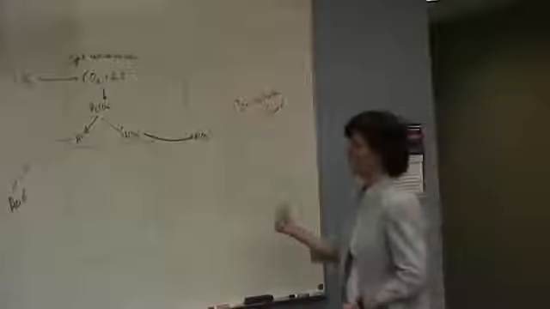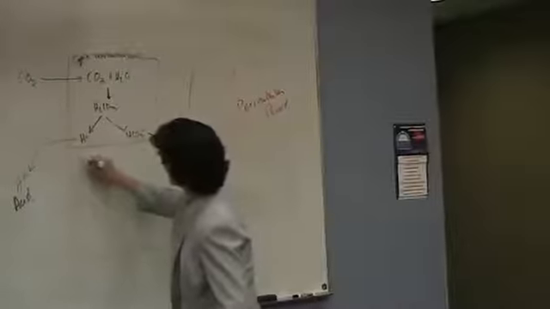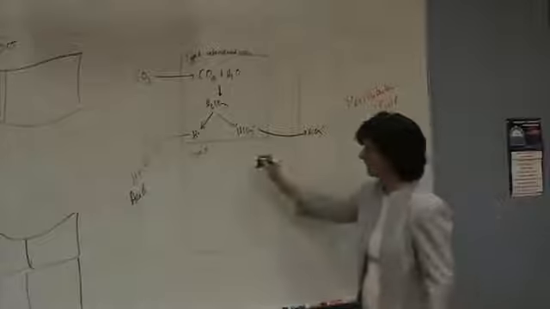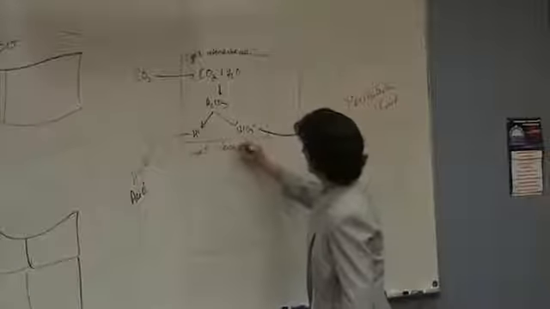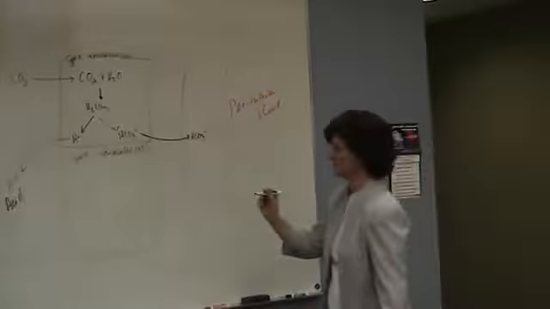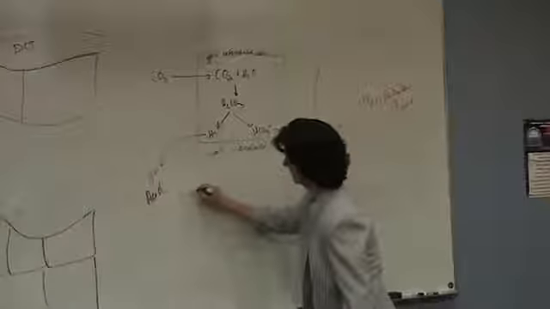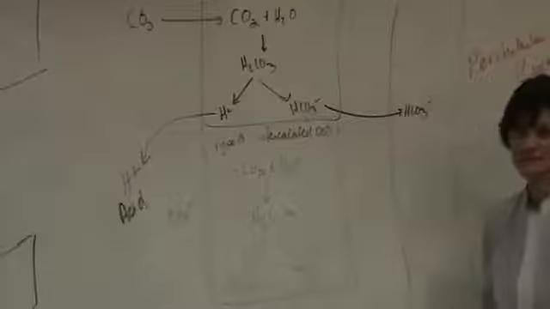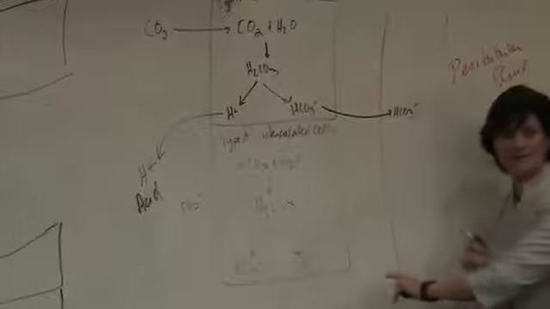Now, type B. If you got type A, these type B are the same ones, intercalated cells. The way to think of them is a type B cell is a flipped type A. Watch. We're going to take CO2 in, hook it up with water, everything's the same, form the carbonic acid. What's going to be the difference? The proteins on each of the luminal membranes are reversed.